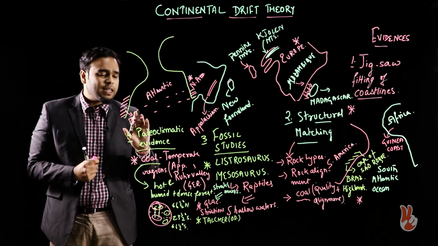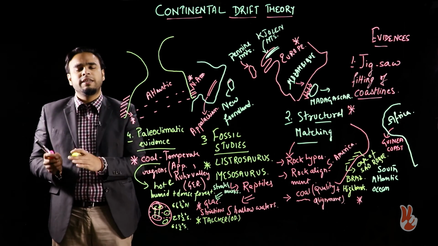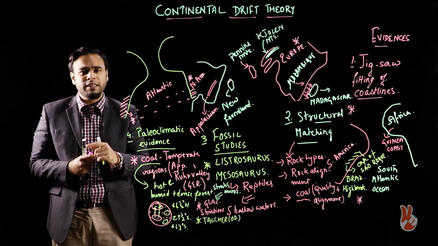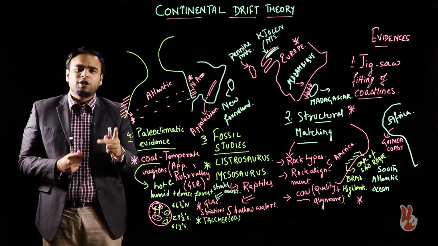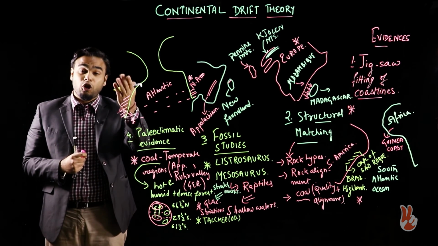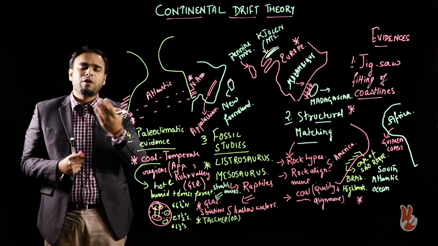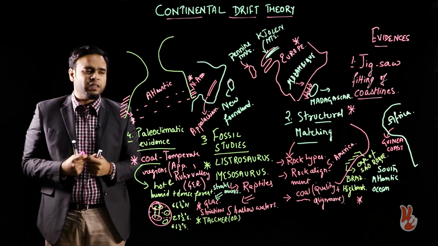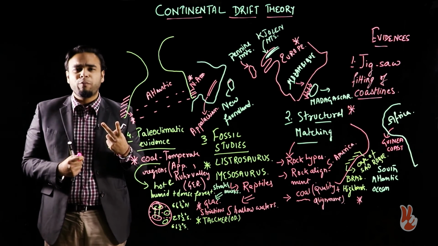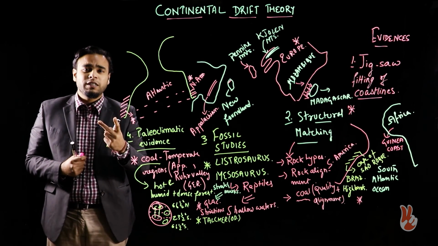Fine. So these are the main examples which were given by Wegener in order to substantiate his theory. What was it? Number one, we talked about the jigsaw fitting of the coastlines. Secondly, we talked about structural matchings, which is found in your temperate regions like your North America, then in your Jilin Mountains, which is in Scandinavia, then Pennine Mountains and the Scottish Highlands, as well as your Newfoundland. Third example, we talked about your fossil studies. He took examples of two important fossils, that is your Lystrosaurus and Mesosaurus, and these two fossils are of reptiles